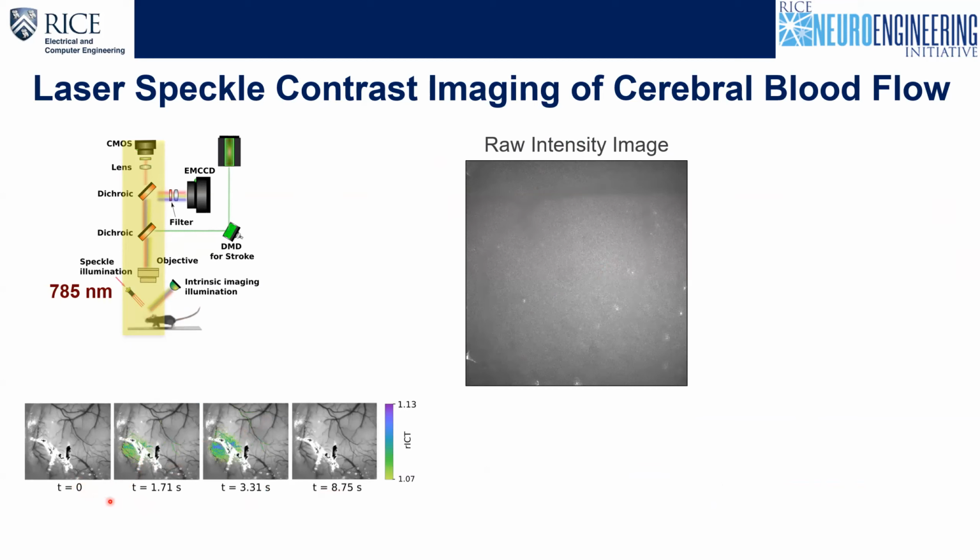Could be visual stimulation, or hand stimulation, or any kind of forelimb stimulation in the brain. You see these white parts are actually electrodes that are inserted in the brain. So this is why the image is being blocked over here. All of these white things and the black thing are electrodes. And here the green is just showing the activation. So we can see that again, the activation rises and peaks at a certain time and then goes back to